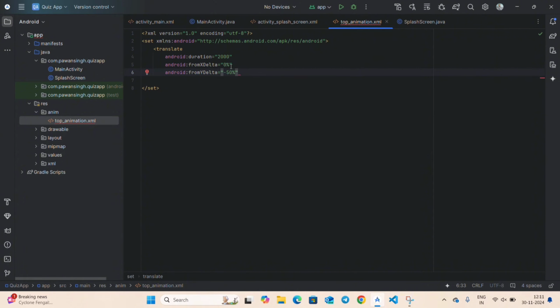This means in X and Y axis, from Y axis our image will come from minus 50 to its final position. That's why we gave it minus 50%. So now close this tag. Now after this use a new tag as alpha,